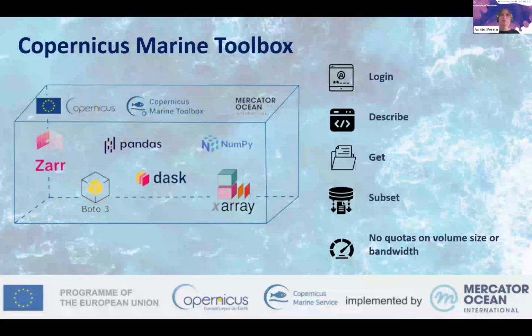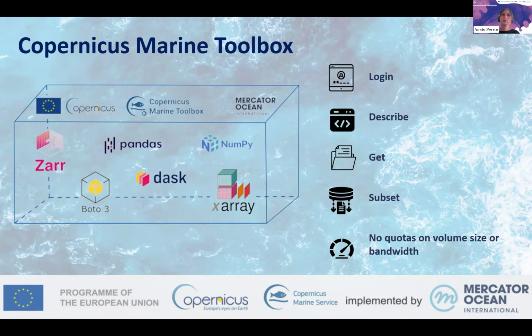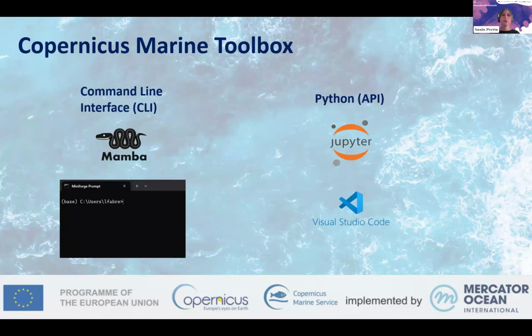The describe function retrieves the products and datasets metadata from the Marine Data Store. The get function enables you to download the original files exactly as provided by producers. And subset allows you to extract only the portion of the data you actually need, especially temporally or by depth. And these functions can be both used